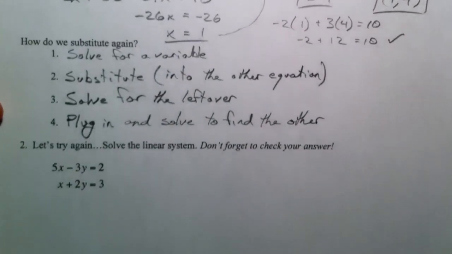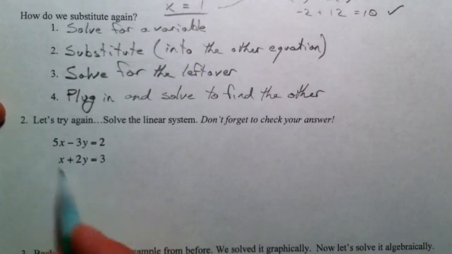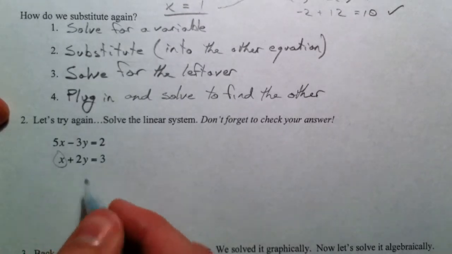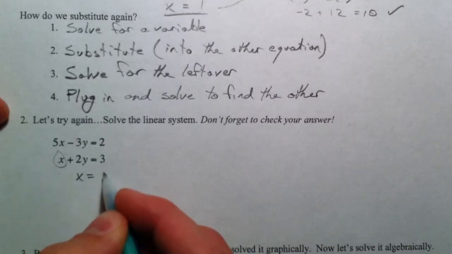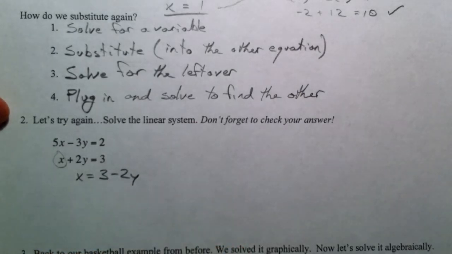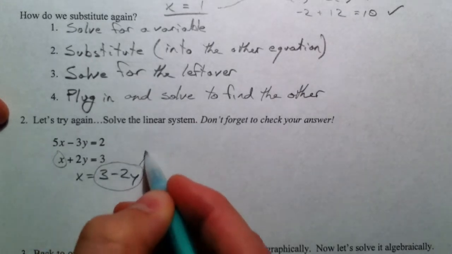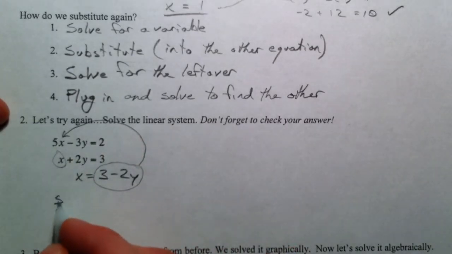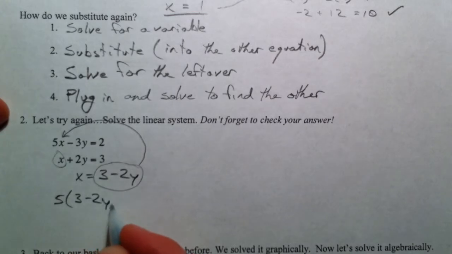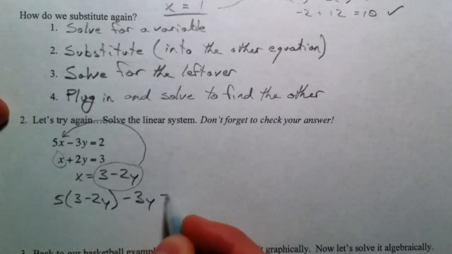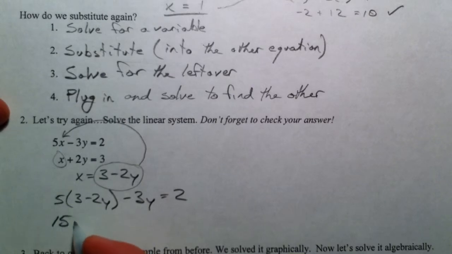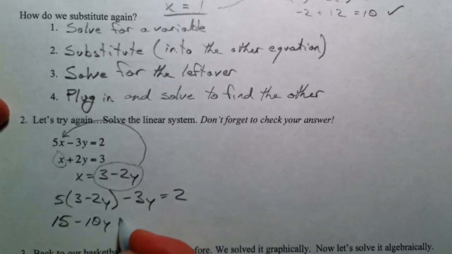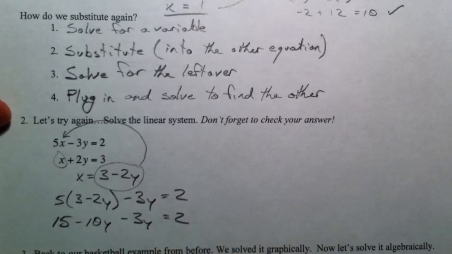So let's do it again. Easiest one to solve for here is this x right here. So let's say x equals 3 minus 2y. And so let's take 3 minus 2y, plug it back into here. 5 times, instead of writing x, 3 minus 2y. So 15 minus 10y minus 3y equals 2. So we get negative 13y. Subtract the 15, we get negative 13. So y equals